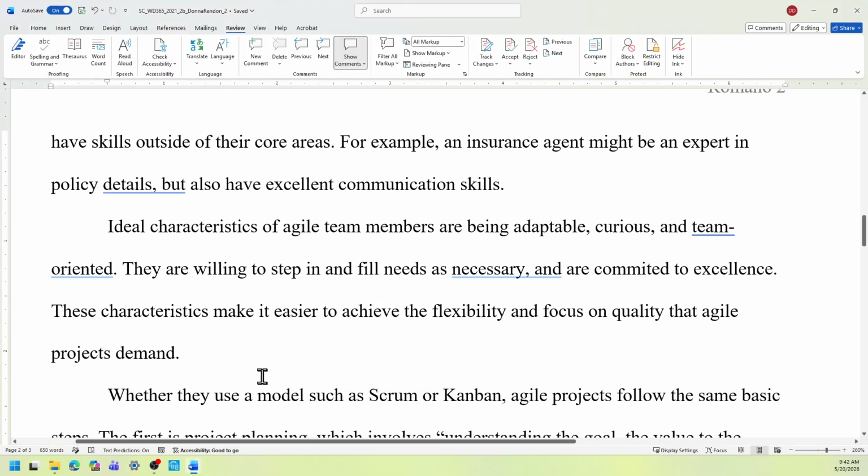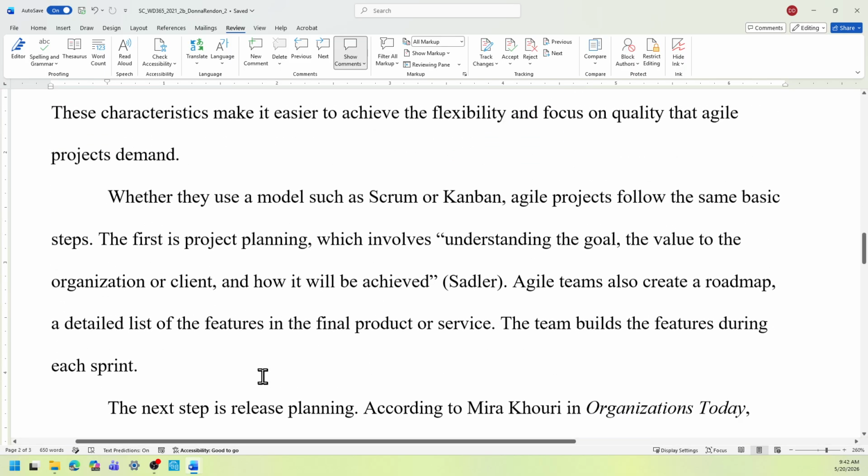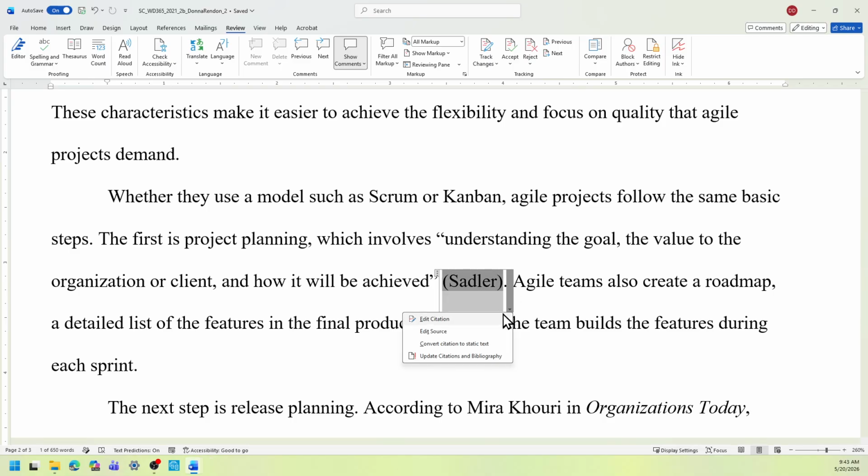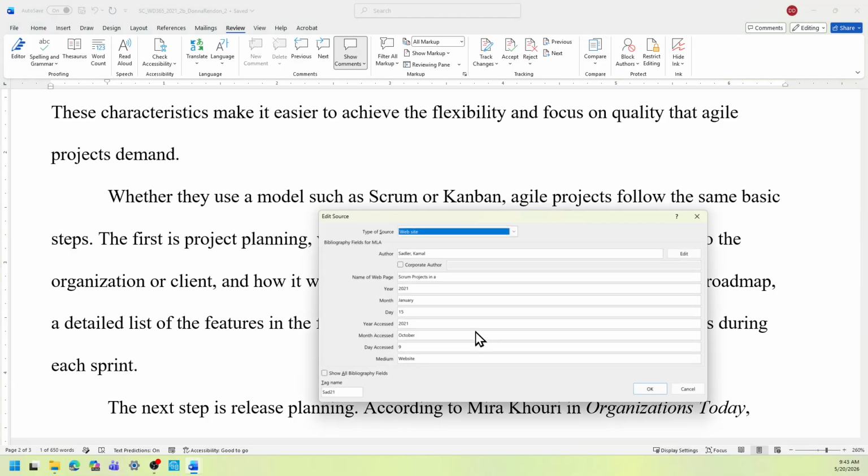Right. So it's the fourth, actually the fifth paragraph. It should be this here. Whether they use, ending in its sprint. Look for the Sadler, which is this here. Select inside the word Sadler, and then you're going to edit the source.